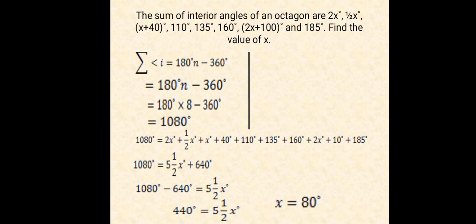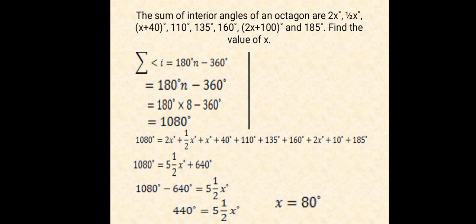The sum of all interior angles is 180 degrees n minus 360. We know the value of n is 8, because the polygon is an octagon, so we find that the total sum of the interior angles is